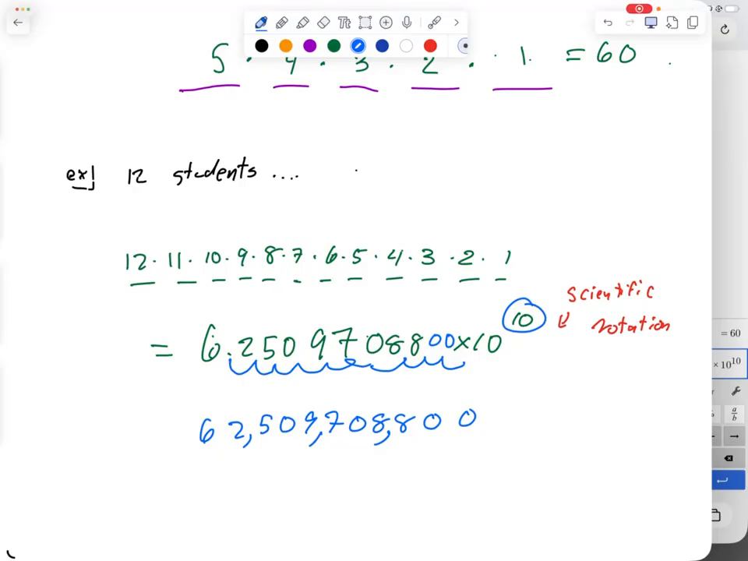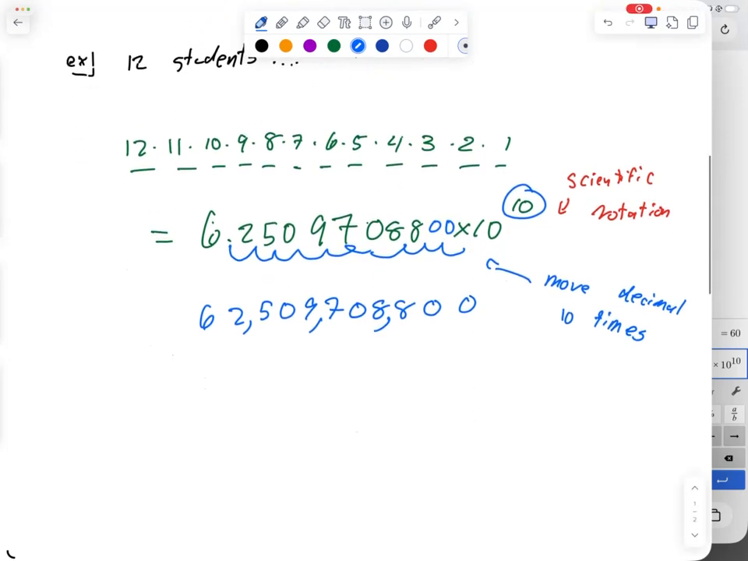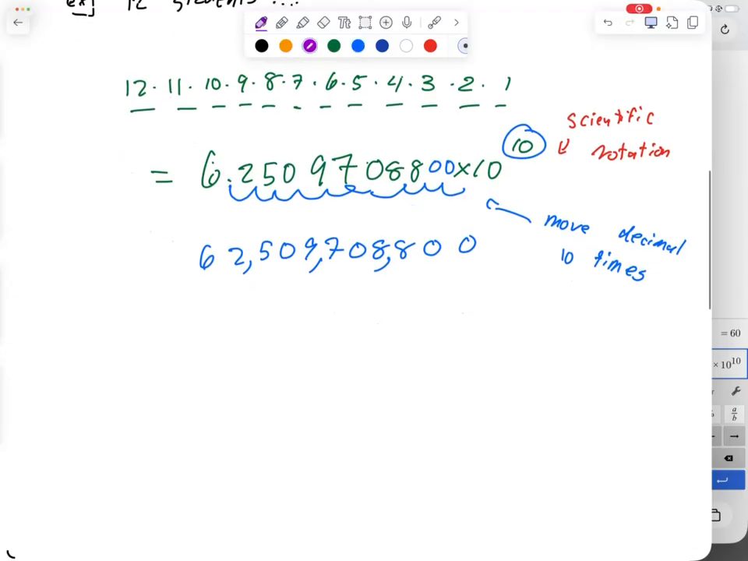So move the decimal 10 times. Okay, so there's that part. As you can see though, that's a lot of numbers to write. That's kind of boring. I don't want to write 12, 11, 10, 9, 8, 7, 6, 5, 4, 3, 2, 1, and then type it all into my calculator. Ugh. So there is an operation,